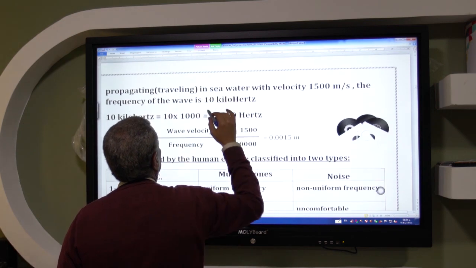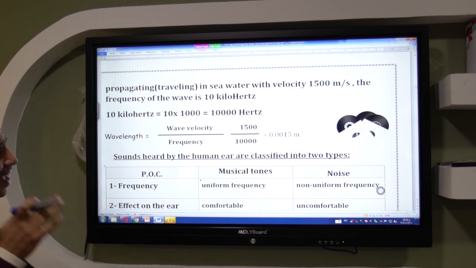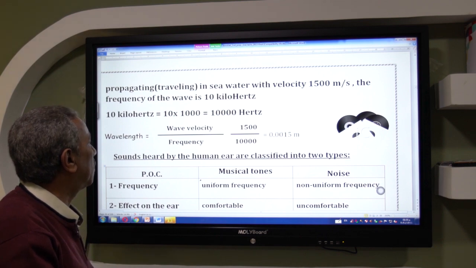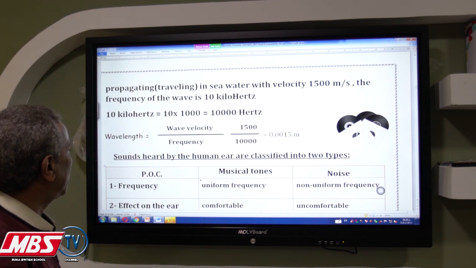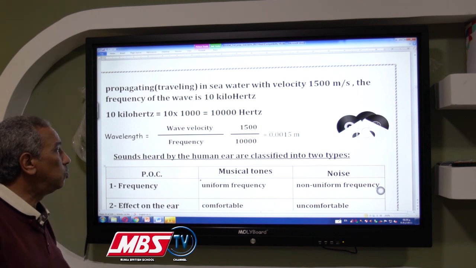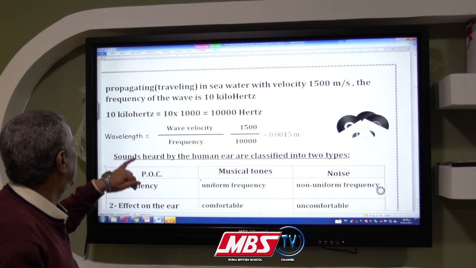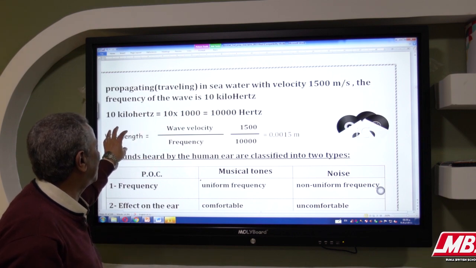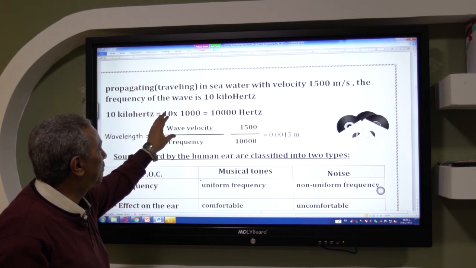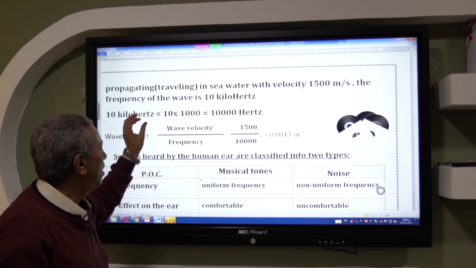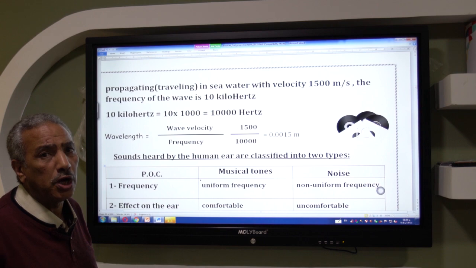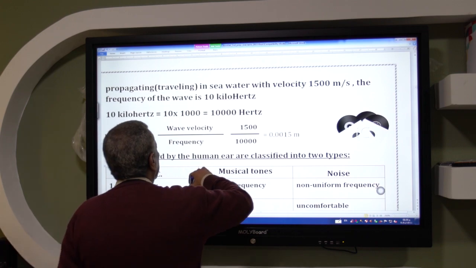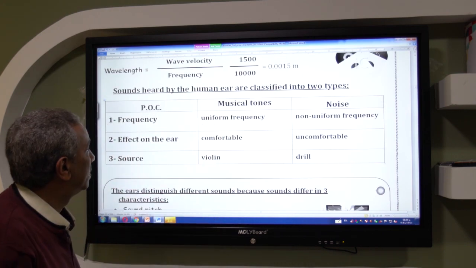And then, if there is a problem talking about the calculation of the wave velocity for the sound, the wave velocity of the sound is generally calculated by the same rule, using the wavelength and the frequency. We have three factors in the rule. One of them is the wavelength, measured in meters; wave velocity, measured in meters per second; and the frequency, measured in hertz. Then, from any two of them, we can find the third.